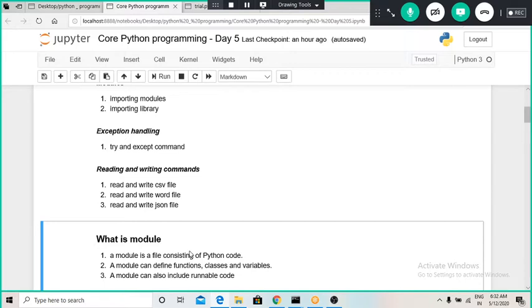But up to now we have seen how to define a function and what variables are. So today we are going to develop modules which have only functions and different types of variables.